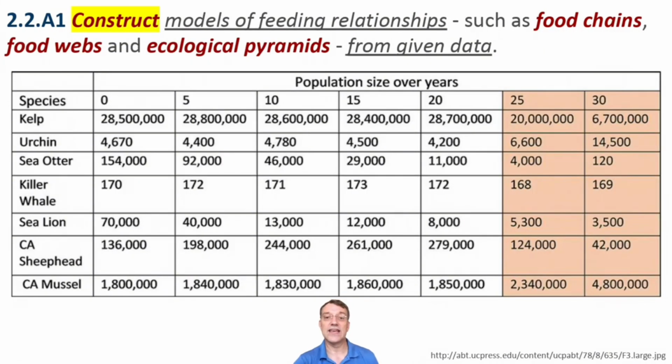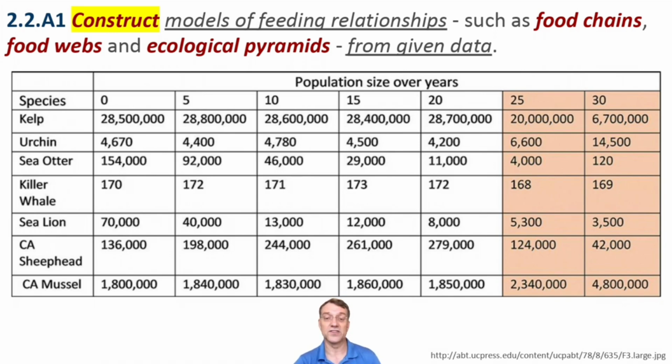A key skill in ESS is constructing models of feeding relationships from data. You might be asked to do this in one of your paper 2 questions in section A. This table shows population changes in a marine ecosystem over time. You could use this to build food chains or food webs or ecological pyramids showing relationships between kelp, urchins, sea